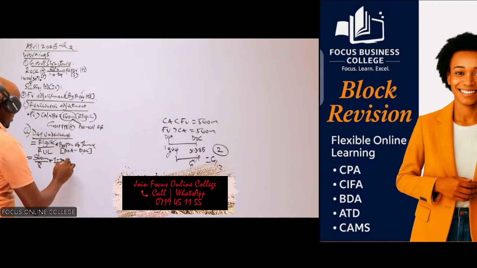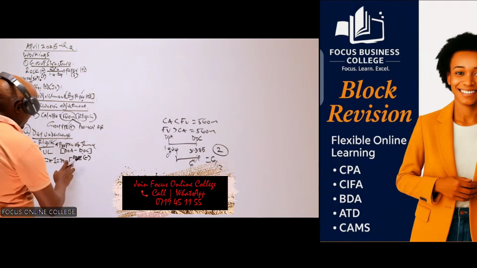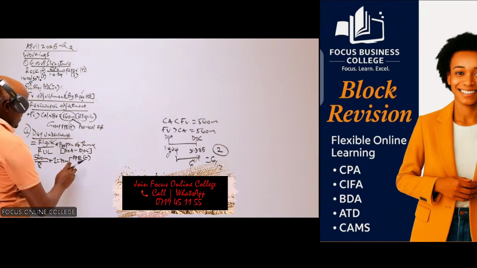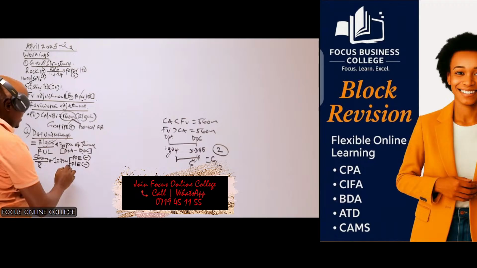Now, this 70 million, which items will be adjusted here? One, this will be deducted from the group PPE. When preparing our consolidated statement of financial position, we deduct that from the PPE. Number 2, we will also deduct this from the retained earnings of which company? Of Paper. Retained earnings of Paper. And number 3, in preparation of the consolidated income statement, because we are required to prepare that, the consolidated statement of profit or loss, this will be